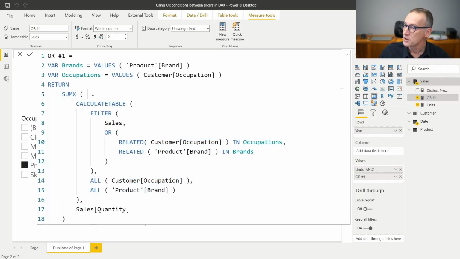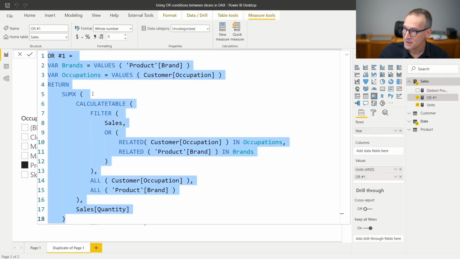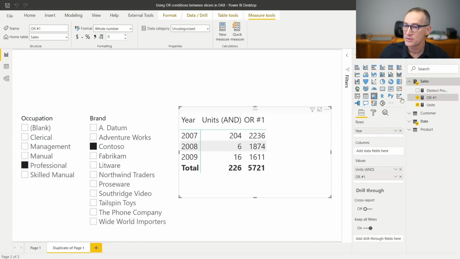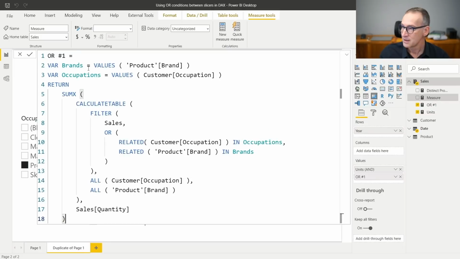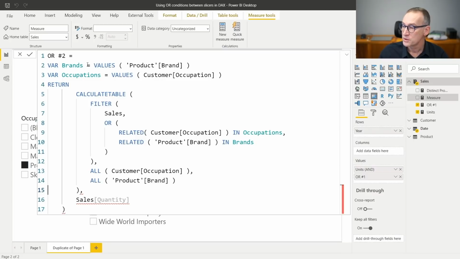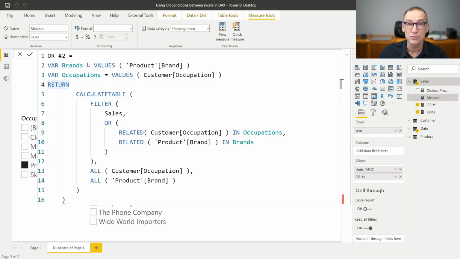So another way of obtaining the same result is to copy this entire code and write a new version of the same code. Let me paste everything and call it OR number 2. Well, in OR number 2, we do not want to use SUMX, but we want to keep everything else. So this calculate table is fine, but I will not use it to iterate.